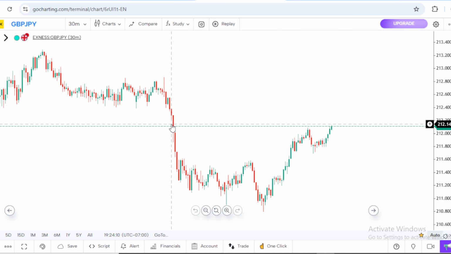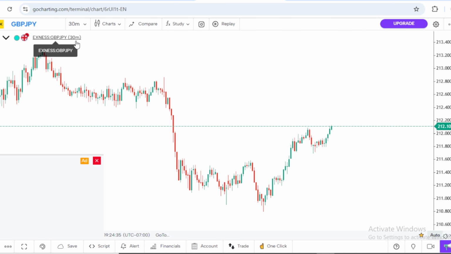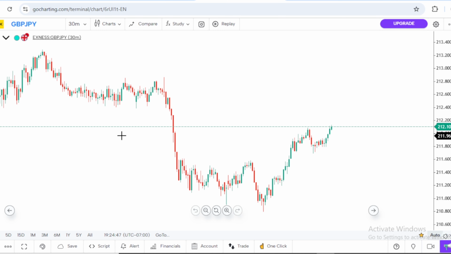Once you hide it, this is how your chart is looking right now. So this is the only ad that will be popping up. You can see it right here, and unless you want to get something from here, there is no interference with your chart. You just have to click and it's gone. And everything is free here. Everything you are using is free.